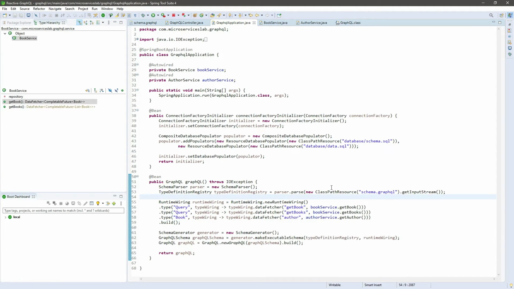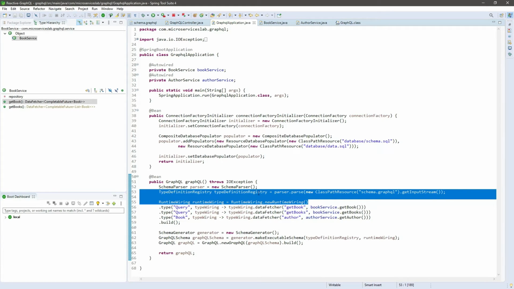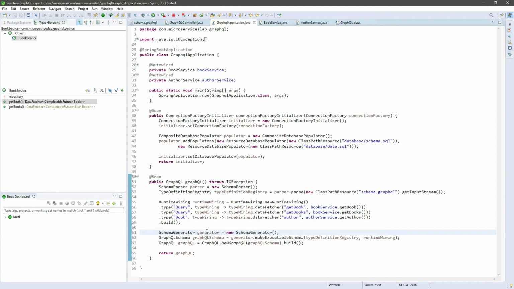And the next step was to combine these 2 types, and we will use schema generator to combine both of these types. So I have created an instance of schema generator class, and I am invoking the makeExecutableSchema method and passing the type definition registry and the runtime wiring instances, and in return this method provides us the GraphQL schema, an instance of the GraphQL schema class.